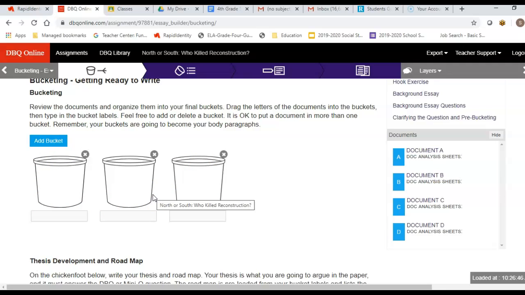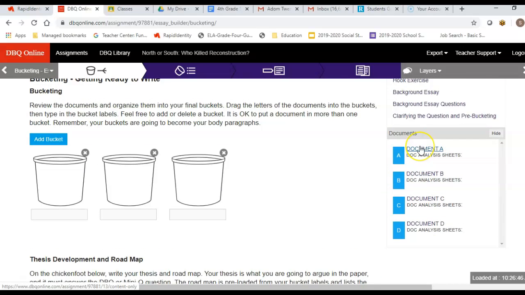After analyzing all of the documents and going back to the question, which was who killed Reconstruction, you want to start organizing your writing, because remember, the first thing you have to do is brainstorm and organize. So here you have the documents listed. On the side, you'll have document A, B, C, and D. I have to determine what I want my paragraphs to be about, because each paragraph has to have a main idea. Since the question is who killed Reconstruction,